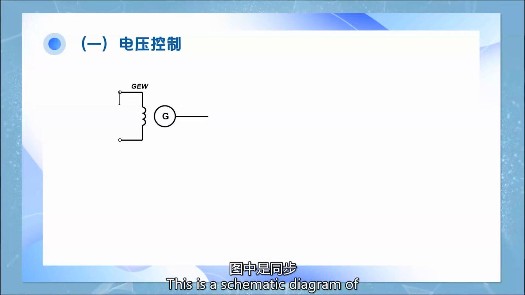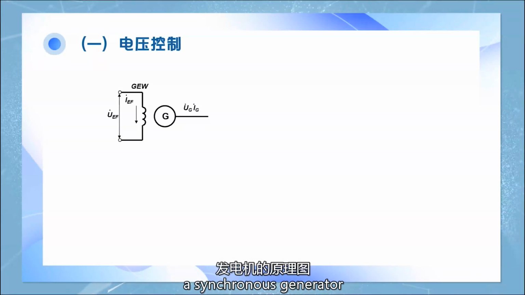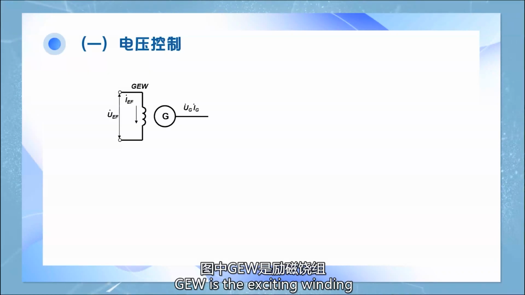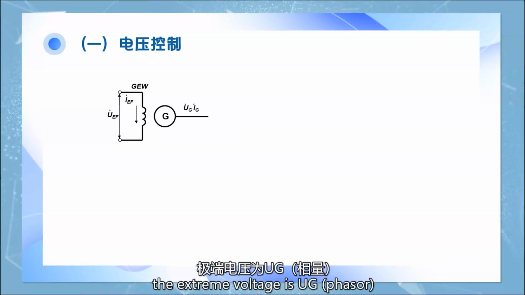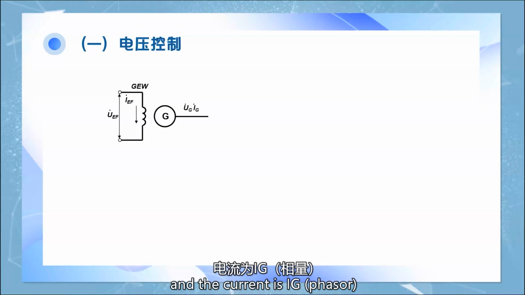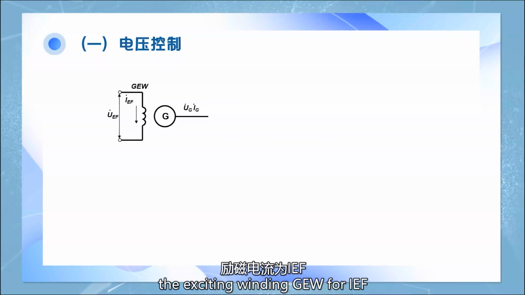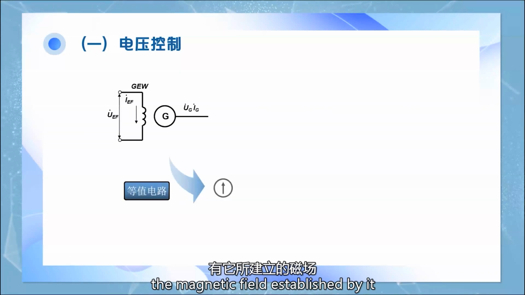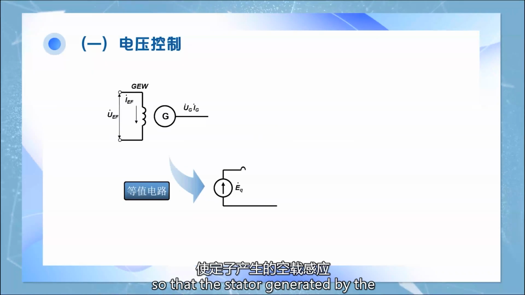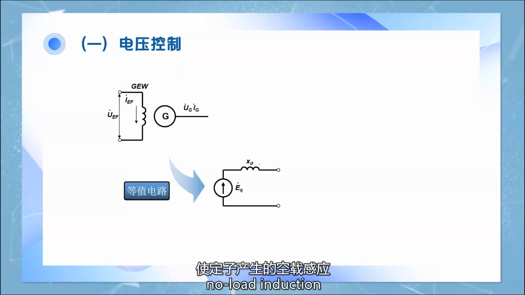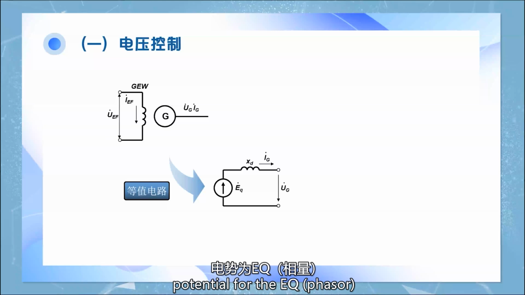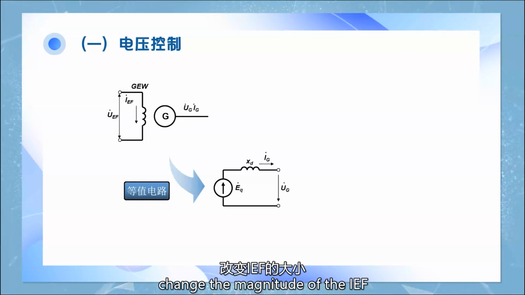This is a schematic diagram of a synchronous generator. In the diagram, EW is the exciting winding. The terminal voltage is UG, and the current is IG. Under normal circumstances, the excitation current flowing through the exciting winding is IEF, and the magnetic field established by it induces a potential EQ in the stator. Changing the magnitude of IEF